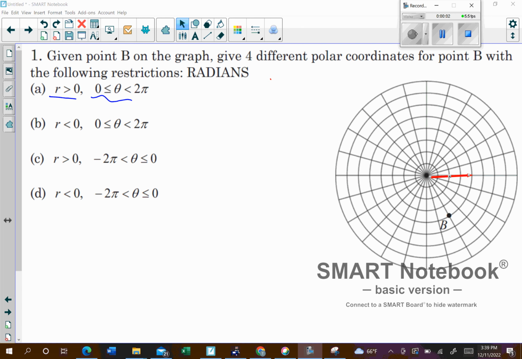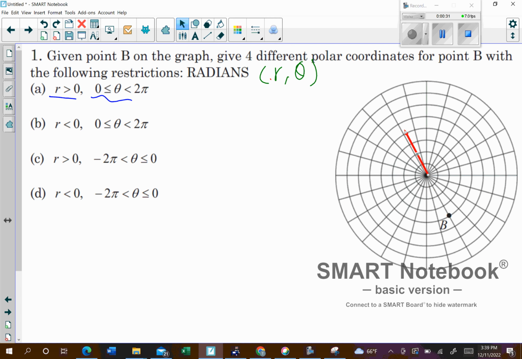All right, so with polar coordinates, what we want to do here is find the radius and the angle for our vector to terminate at point B right there. And so we started at our initial position here. Our angle is just how far we are rotating around to get there, and then r is that